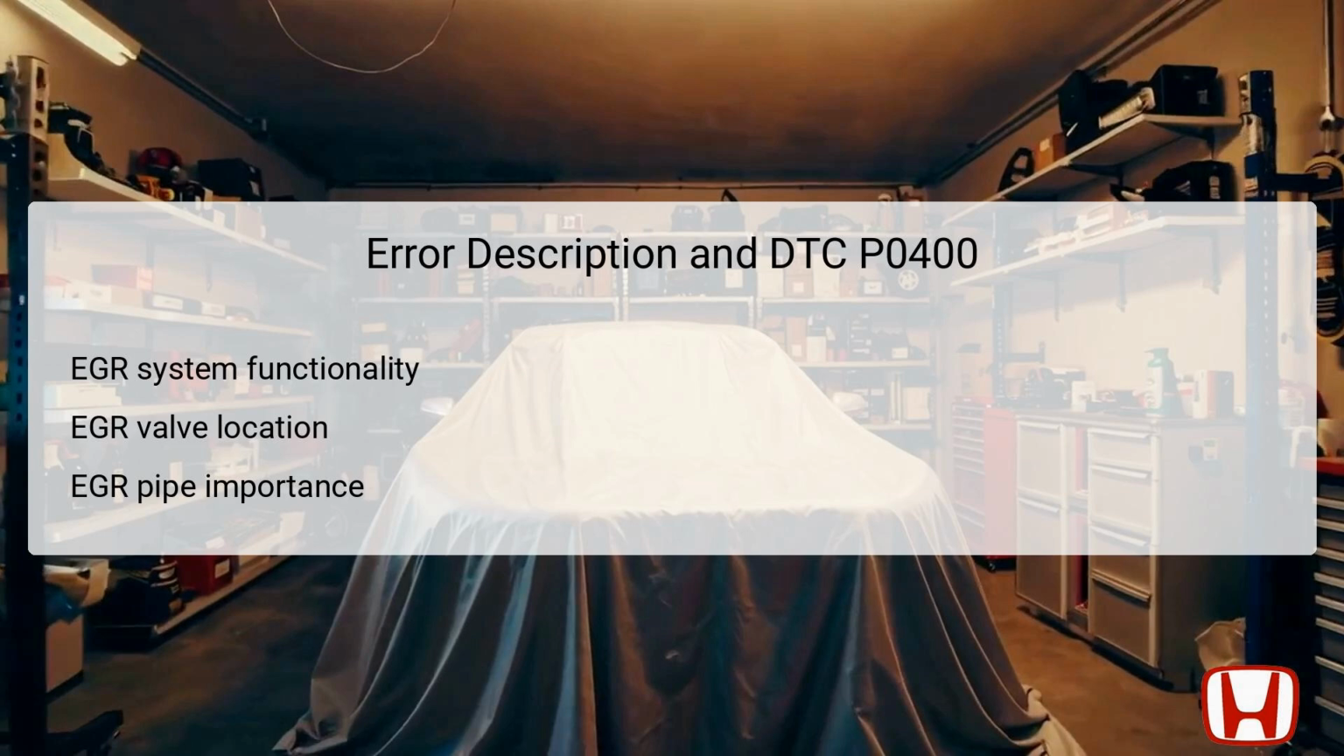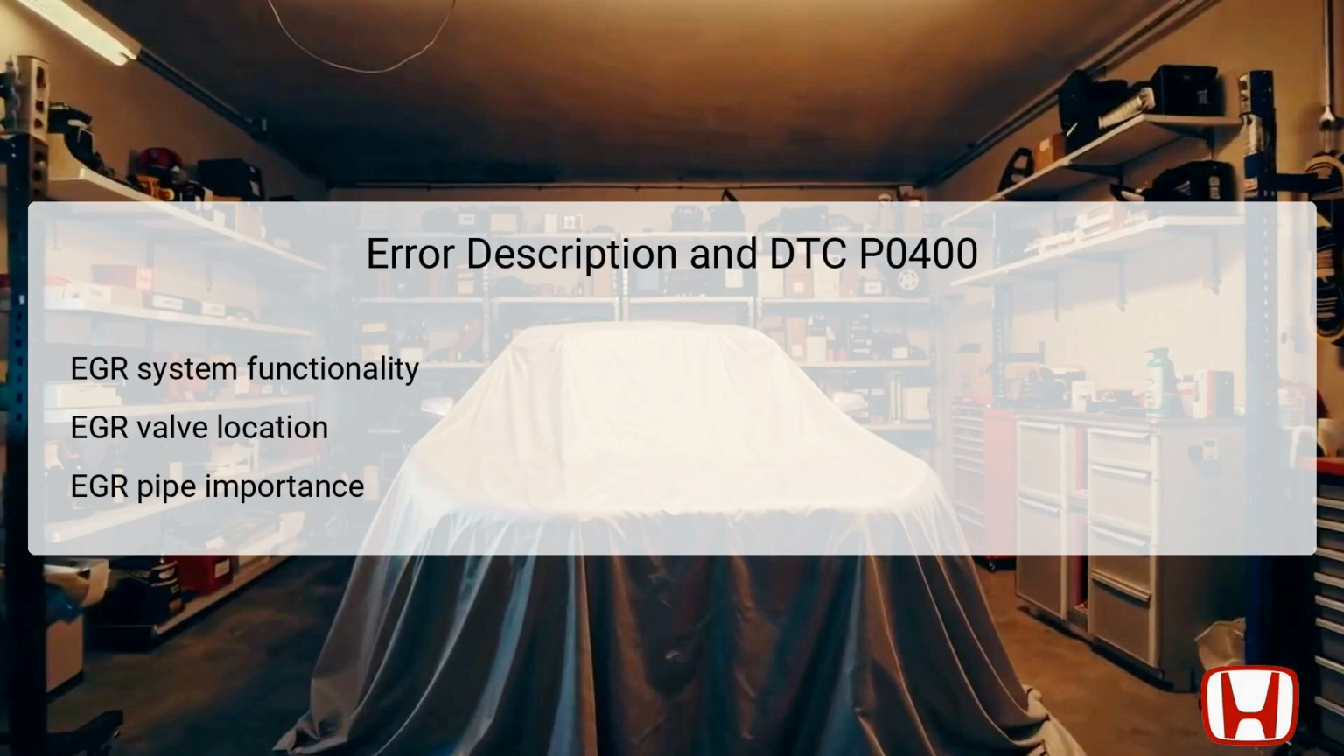The EGR system's functionality is essential for vehicle emissions control. It recirculates exhaust gases to reduce nitrogen oxides. The EGR valve is typically mounted on or near the intake manifold and is responsible for controlling the flow of exhaust gas. The EGR pipe forms the connection between the engine's exhaust manifold and the EGR valve, allowing exhaust gas